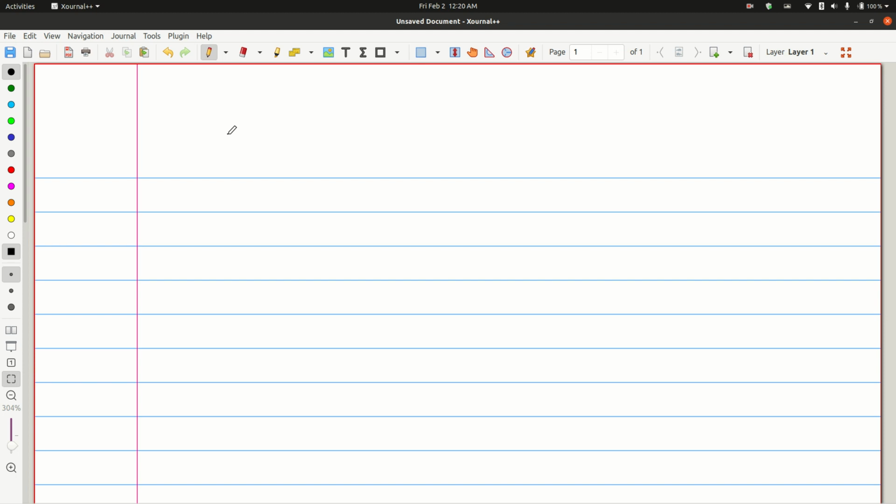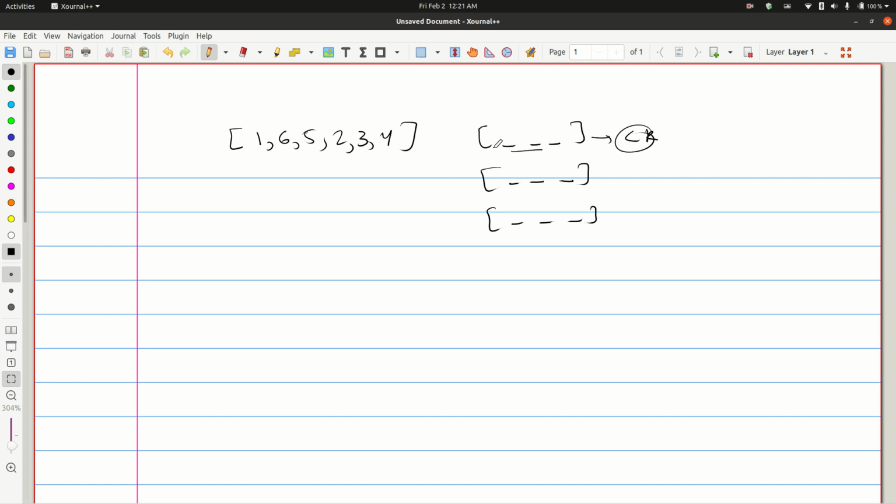So basically, given an array, let's suppose 1 6 5 2 3 4, we have to make sure that in the groups of 3 elements we are making, the difference between all the elements is less than or equal to k. So basically we have to minimize the difference between adjacent elements in the array, and the best way to do that is to use an element which is just greater. We can basically sort the array.